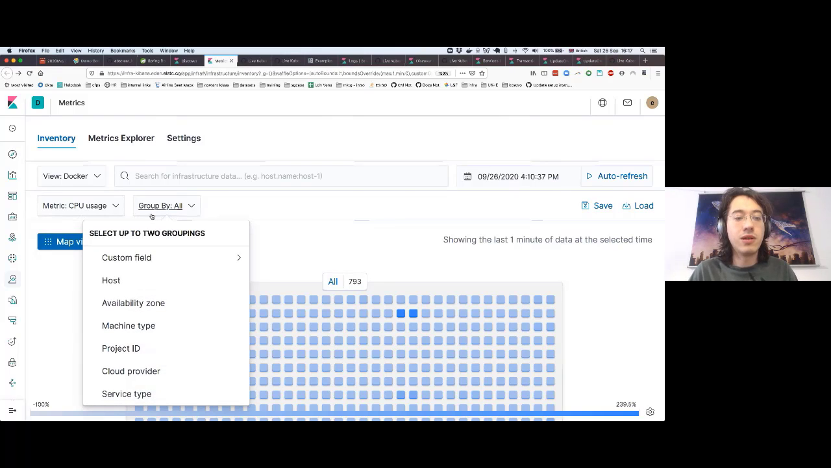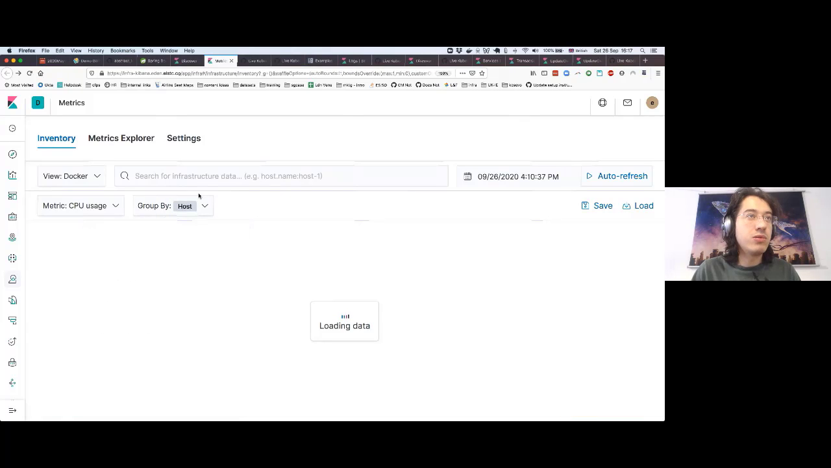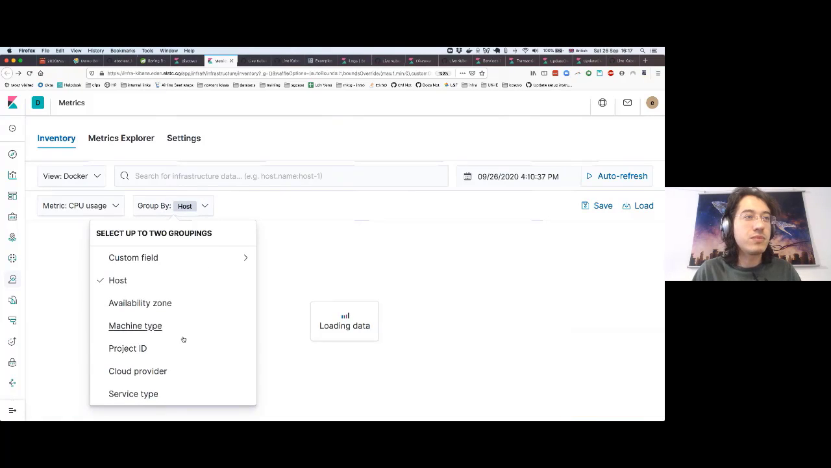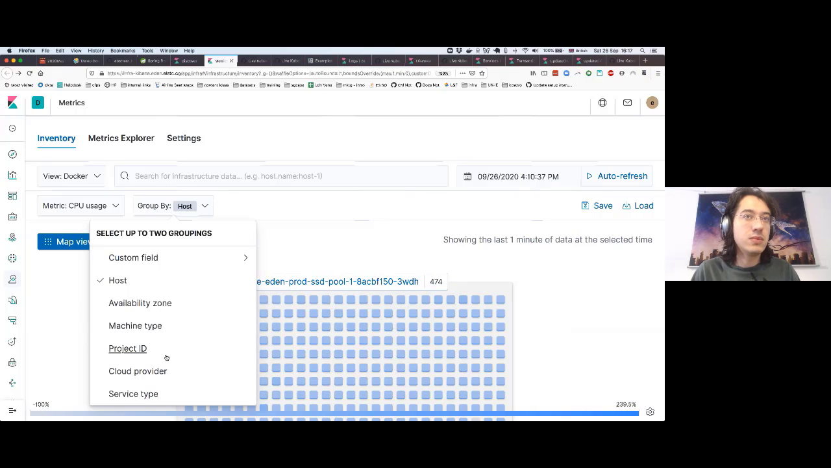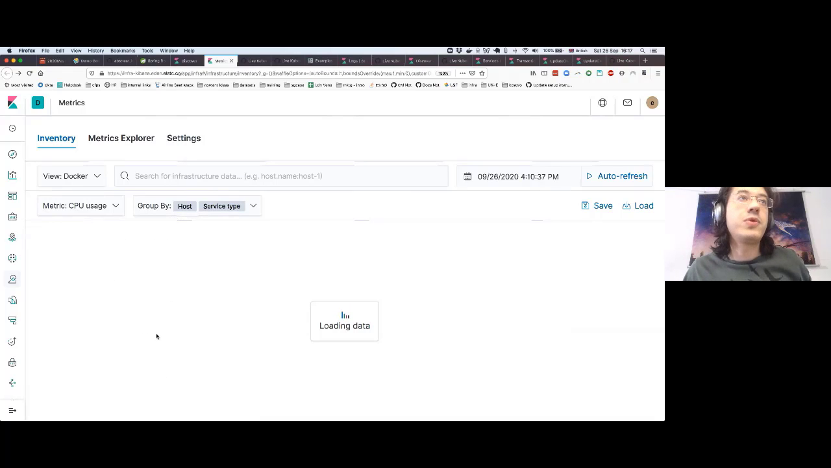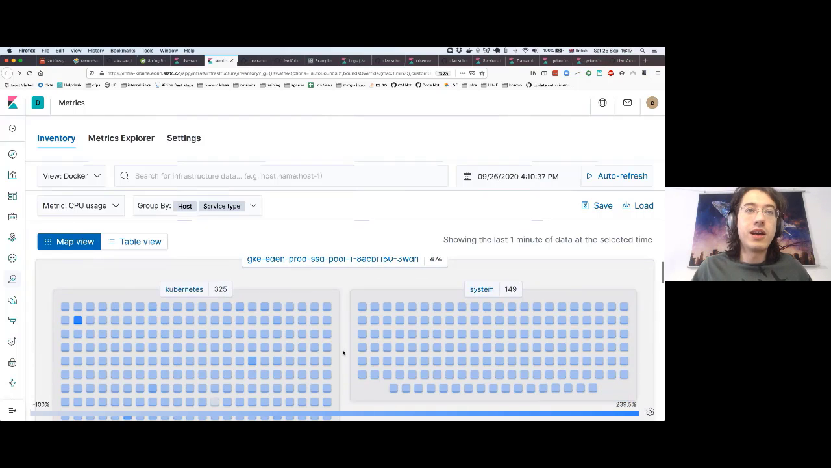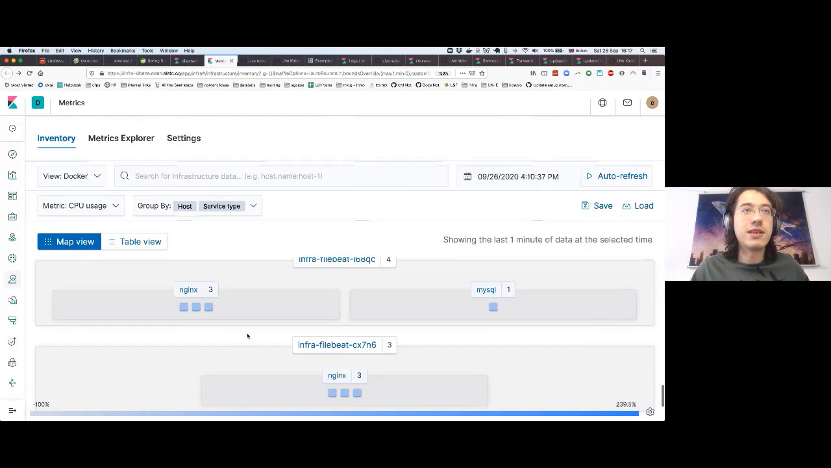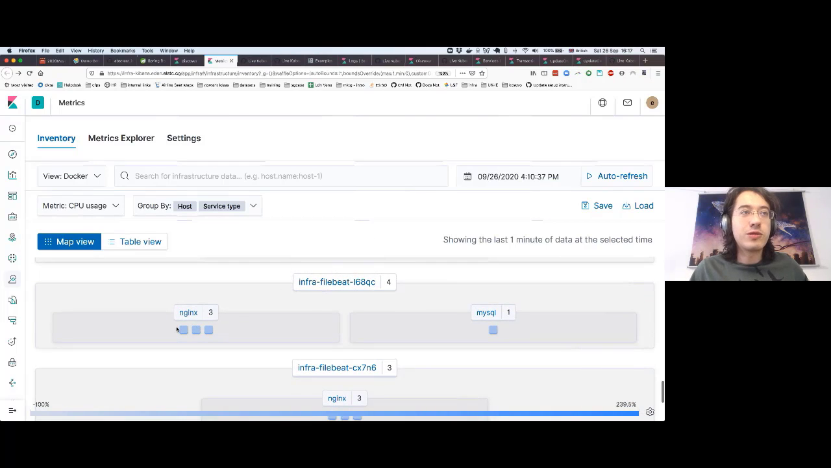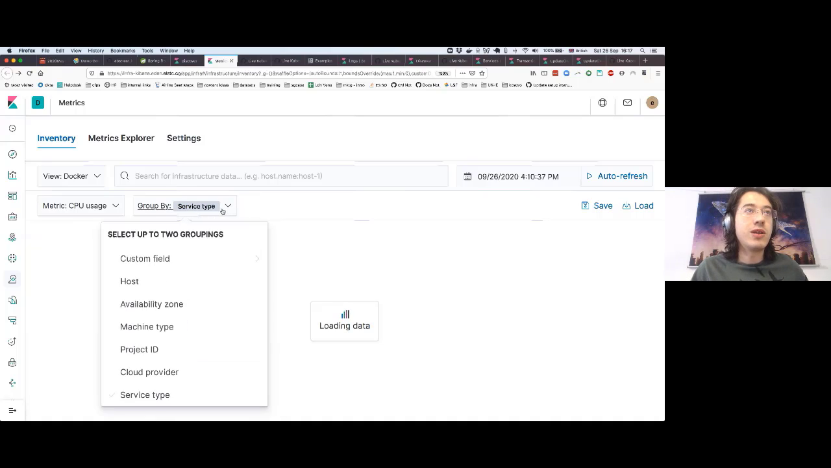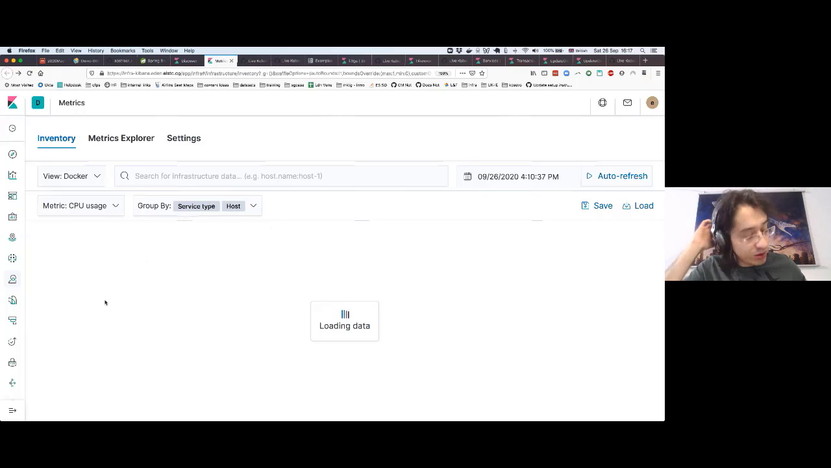And you can do similar things here. So you can group by host to see where they're running. There are only a couple of hosts they're running on, and let's say service type. So this just starts to give us some idea. Okay, we have this many of those kinds of containers, and on this host we have this many dedicated to Nginx. And if I switch the order around, so you do service type first and then host,